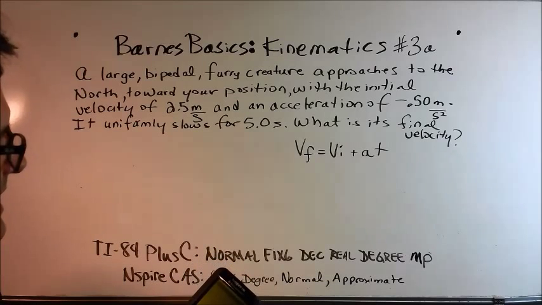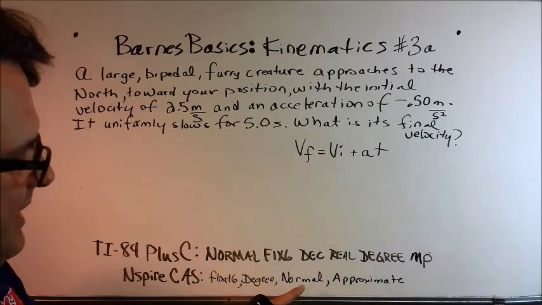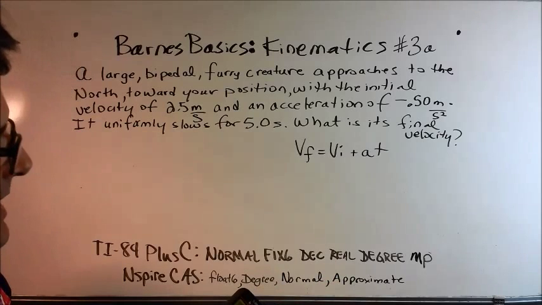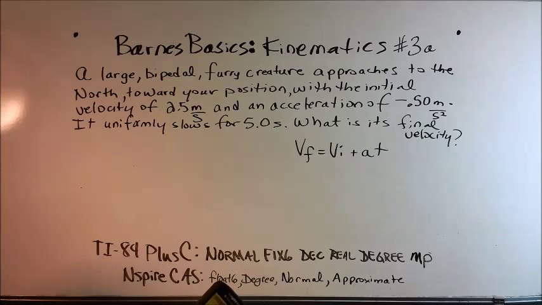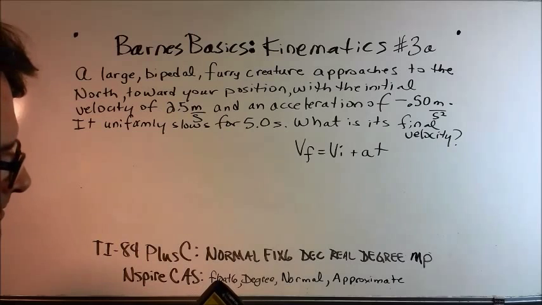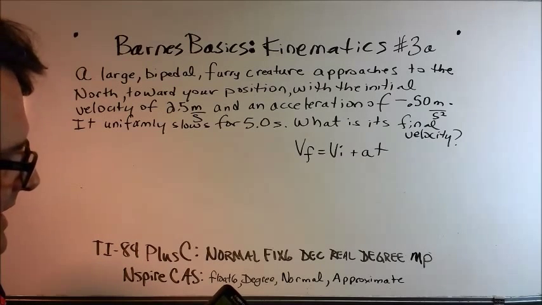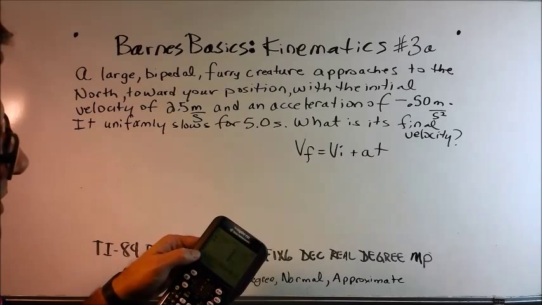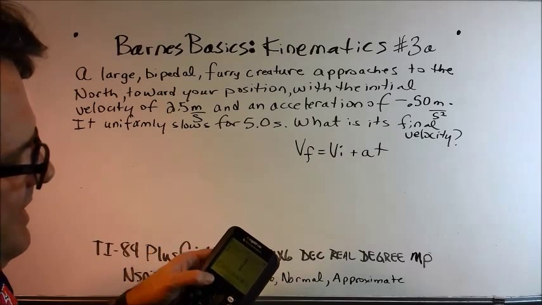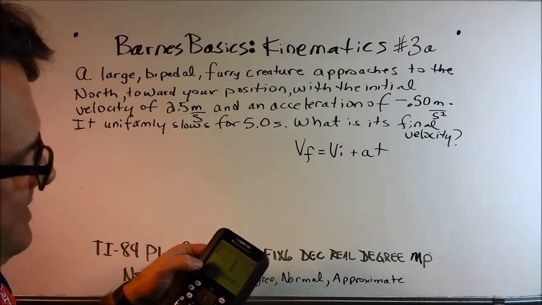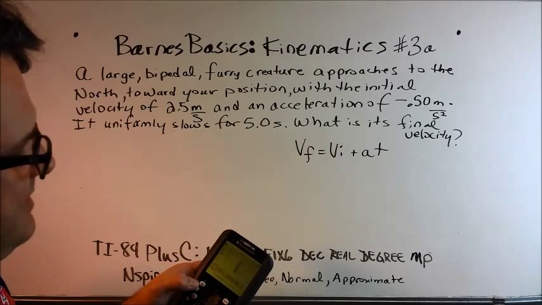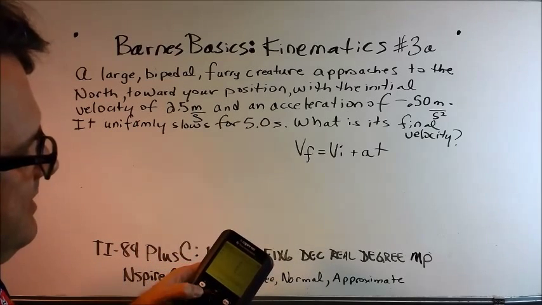Make sure you have selected float 6, degree, normal, and approximate, and apply that to this document and everything will be good to go. On your TI-Nspire, make sure you select the bottom left multiply, divide, minus, and plus. We're not going to use the scratch pad, we're going to use the